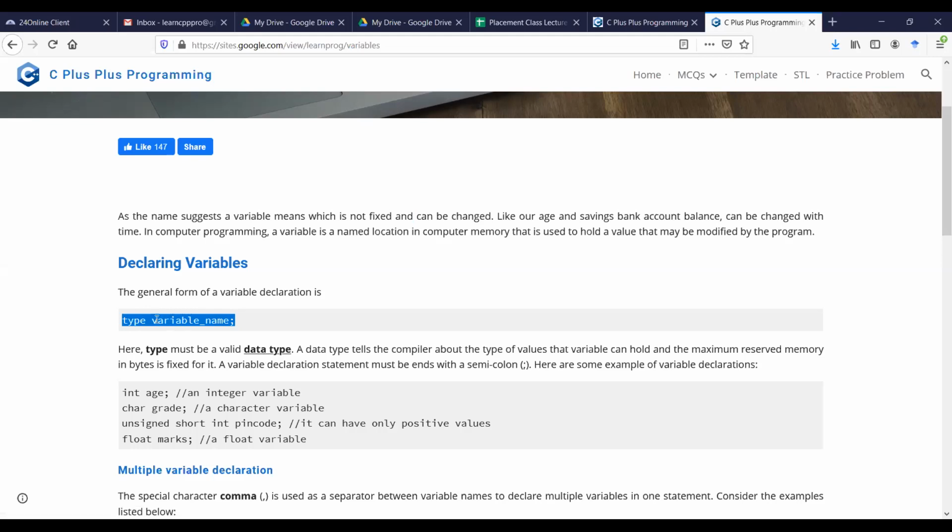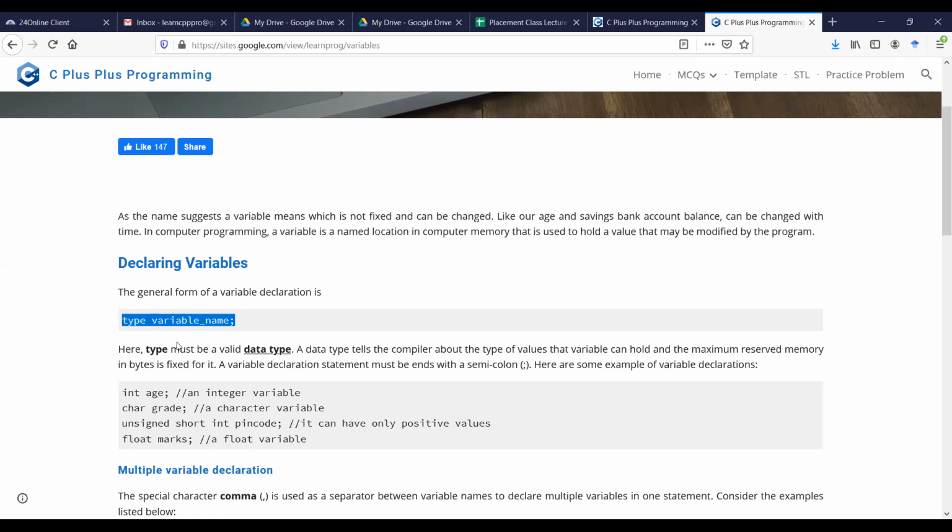In C and C++, we have various types of data types. We start with the basic data types. Then we have derived data types, which use the basic data types to design. And then we have user-defined data types such as structure, class, union, enum, typedef. These are examples of user-defined data types.